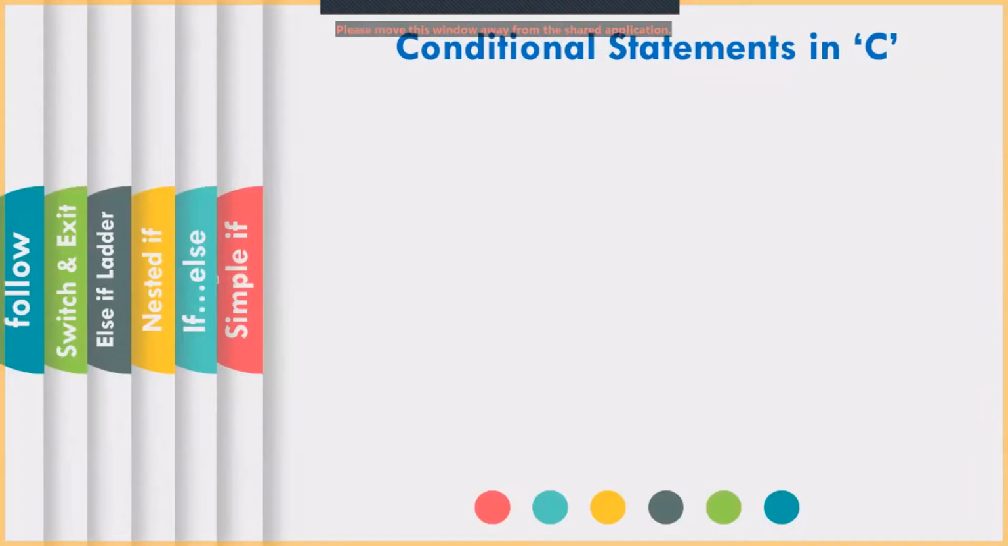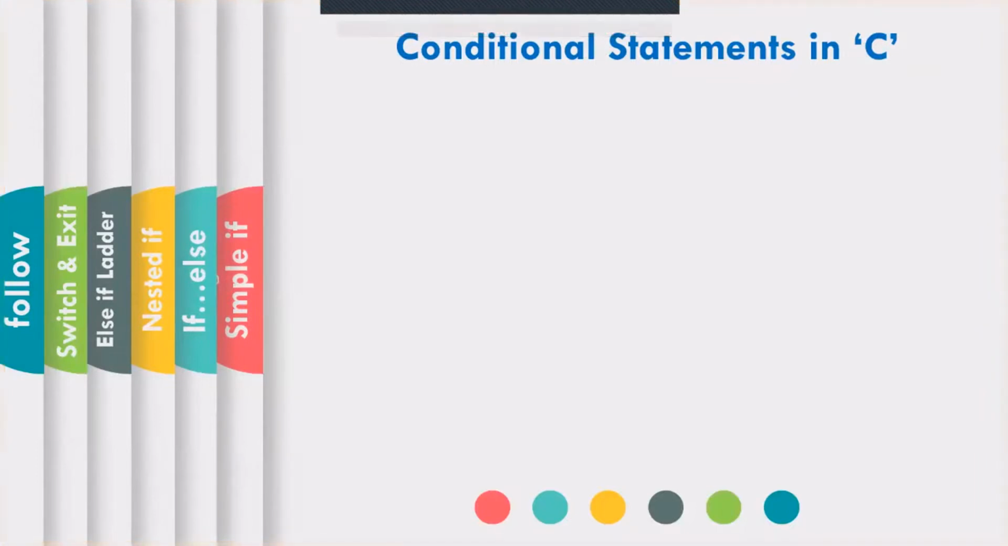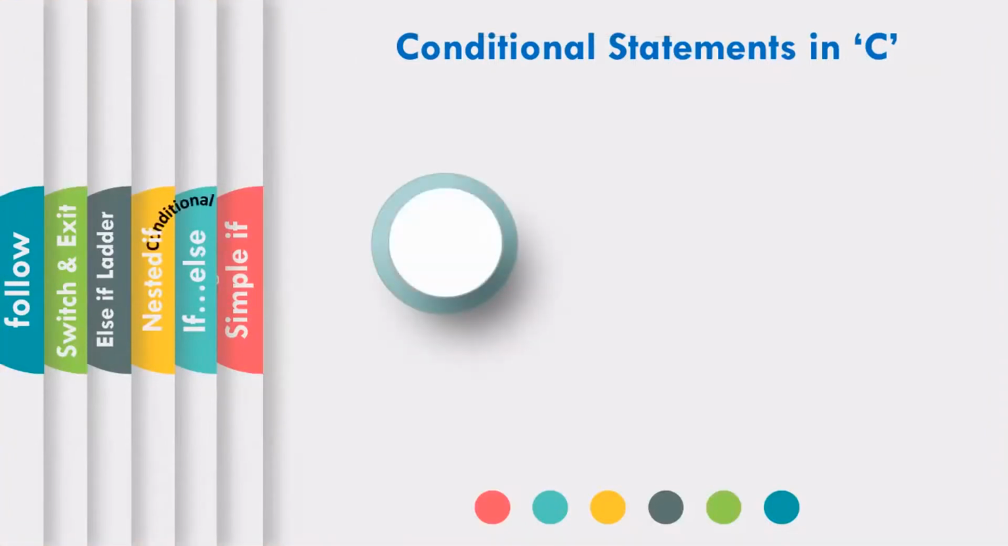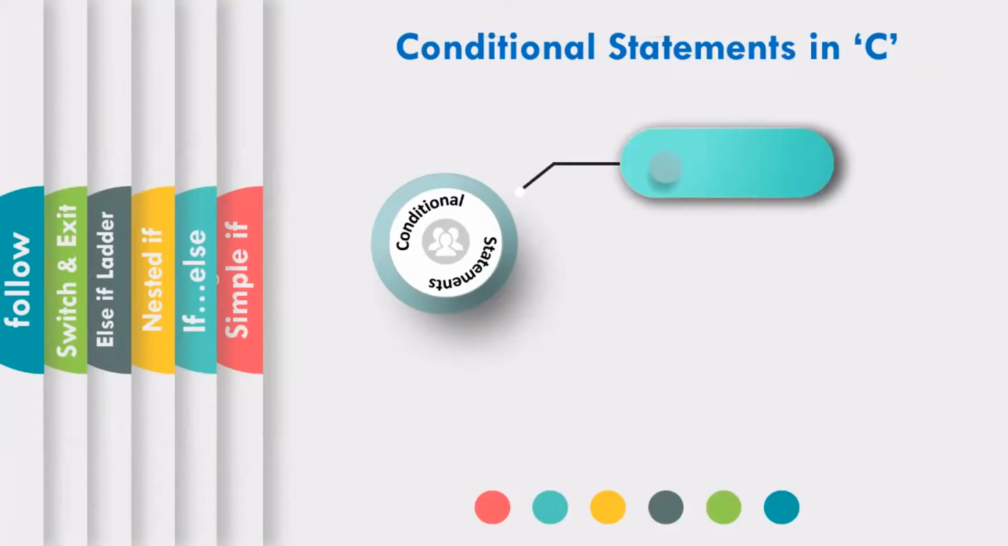In this video, we are going to see about conditional statements in C. Conditional statements help us to make decisions based on certain conditions. These conditions are specified by a set of conditional statements having Boolean expressions which are evaluated to a Boolean value, true or false. There are the following types of conditional statements in C: simple if,